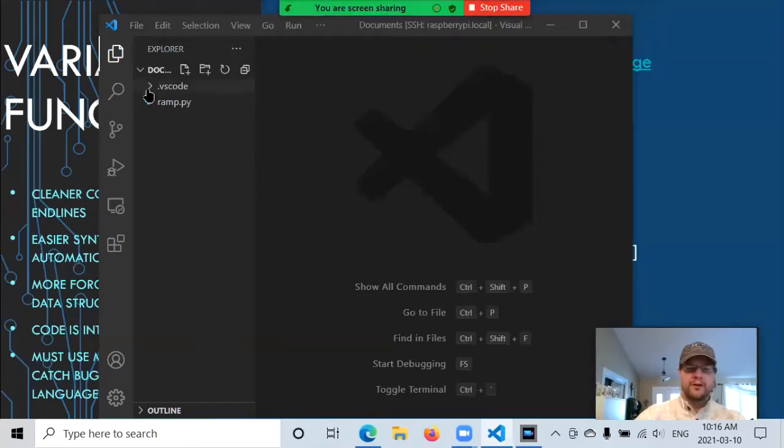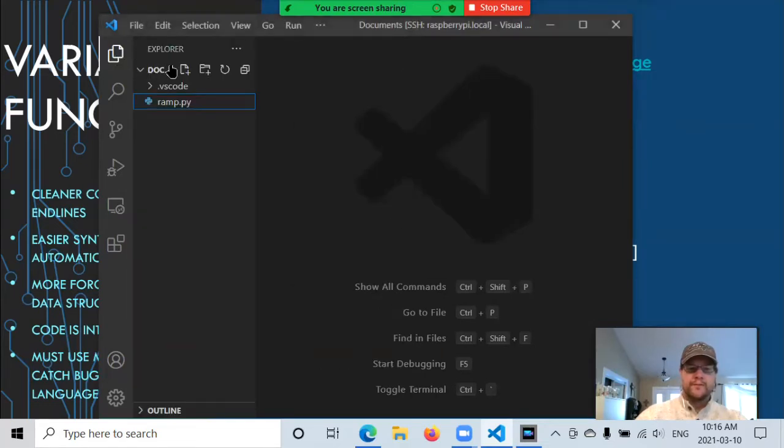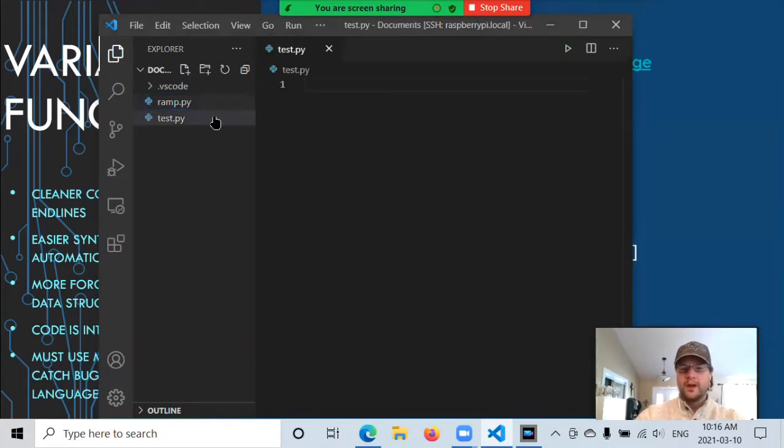Now that I'm logged in, I want to add a file. So right here in this folder view, I can click to hide or show. This is the documents folder on my Pi. And then there's a little plus. Gives me the ability to get a new file. Just going to call it test.py and enter. So what this does is creates a brand new fresh file for me to work on, and I can start